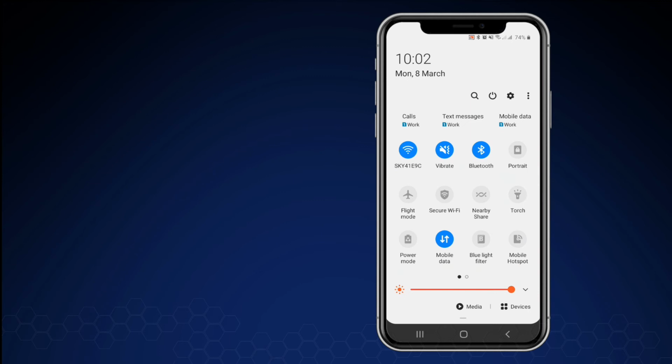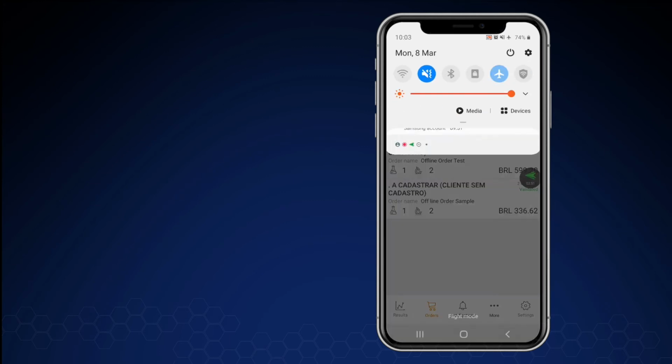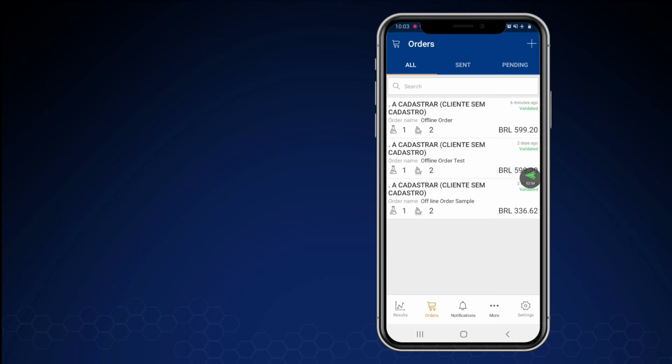So I'm just going to put it on flight mode, and you'll see that I have no access to any Wi-Fi or GPS at this point. I'll just hit plus,